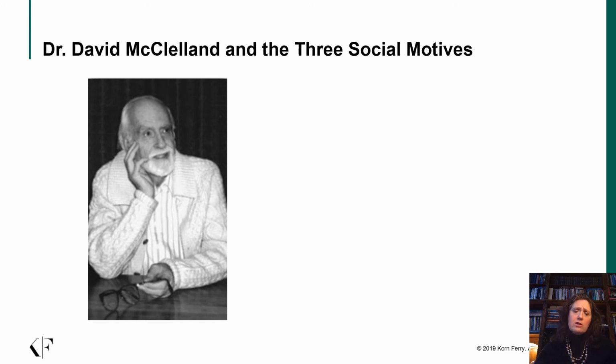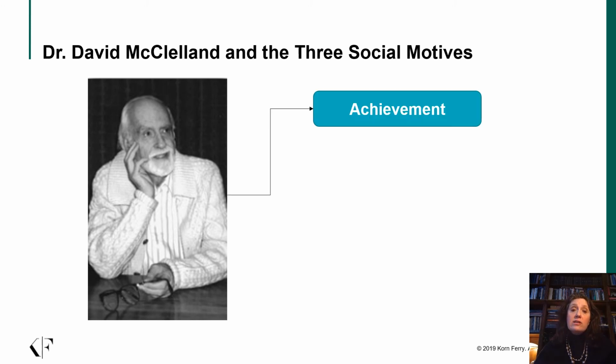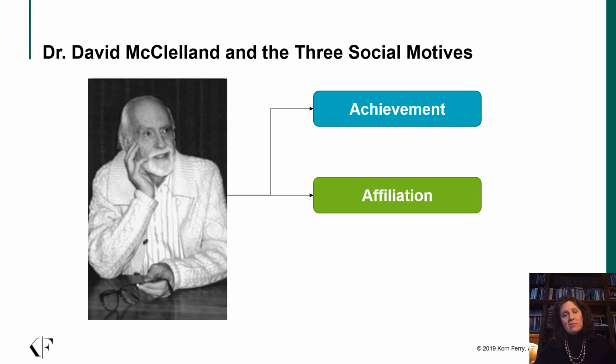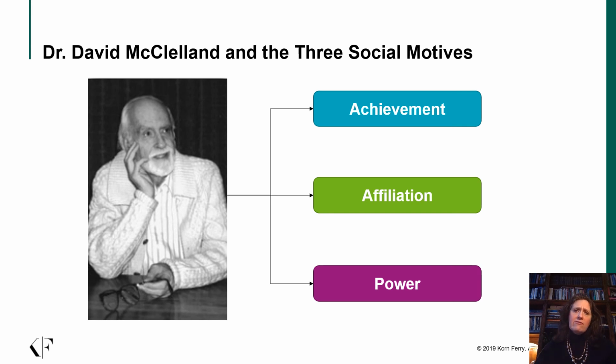Although researchers have documented over 50 different motives, through the research of Dr. David McClelland and his associates at McBer Company, now Hay Group, we focus in on 3 primary social motives. David's 1949 theory of social motivation states that there are 3 social motives that collectively explain the widest range of human social behaviors. And they are the need for achievement, the need for affiliation, and the need for power. And while David referred to this as power, we know the connotation of power can sometimes bring negative feelings, so you can also think of it as influence.